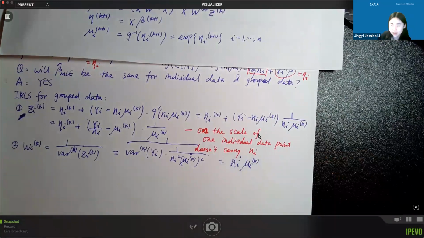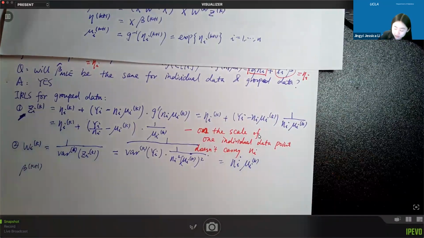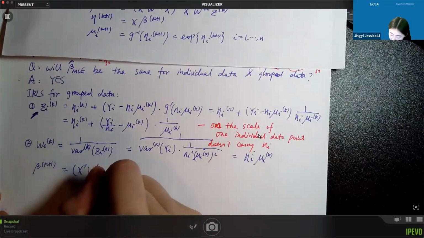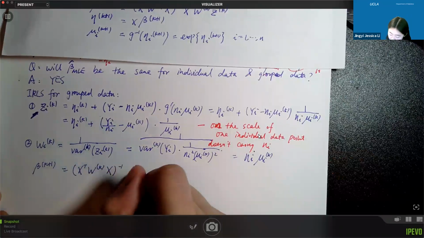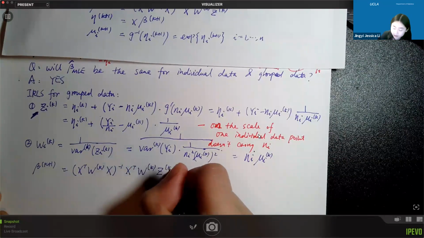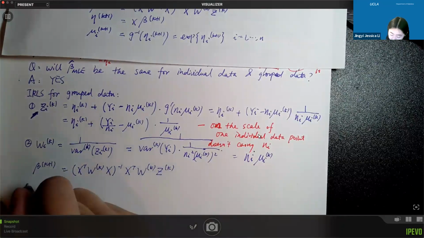But now let's look at the beta K plus 1 update formula. So this one has X transpose WK X inverse X transpose WK ZK. Okay, so what we have here is WK's here and here. Now what does it mean? Let's take a look at X transpose X without W, or with W, for the previous one or for the current one. So you see for the individual data,